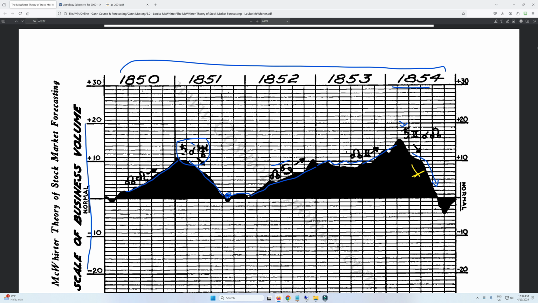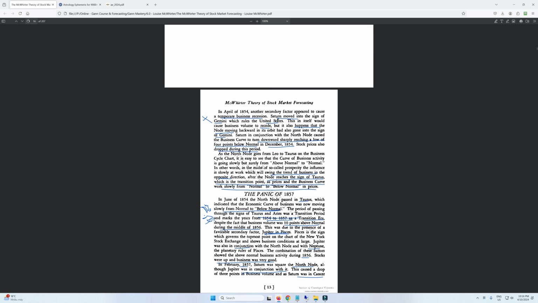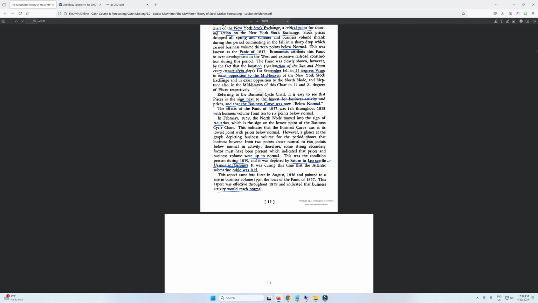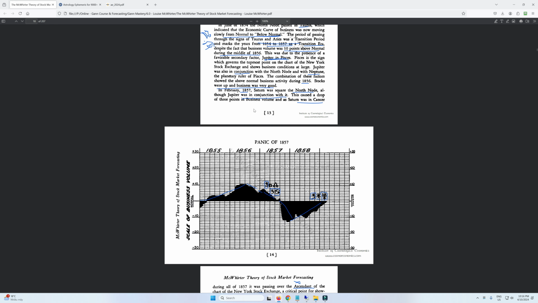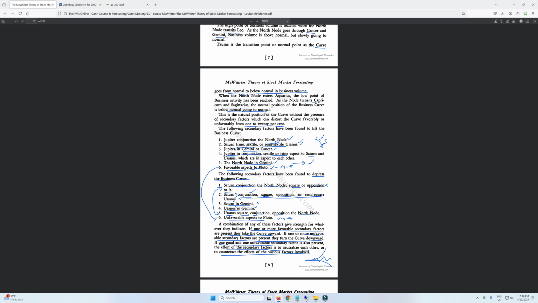So when this aspect came in, when this aspect came in, and when this aspect came in. And she'll do that for every single year. And we can see here, she goes through all the aspects, what's occurring in this time frame, and how the market is actually being reflected in that. Now, we don't want to do this the old-fashioned way, right? We want to find a way